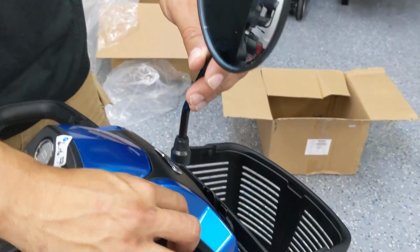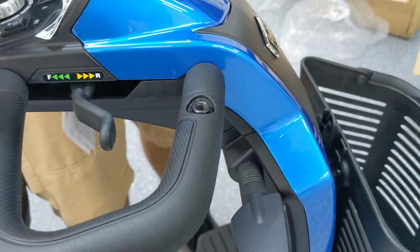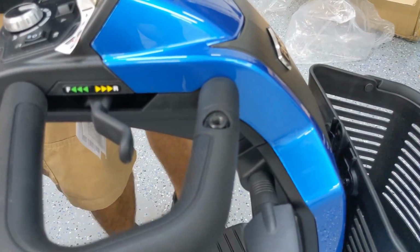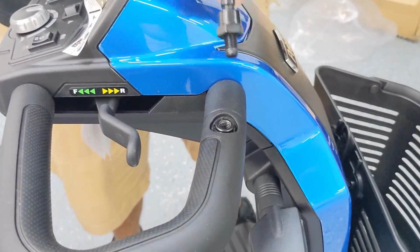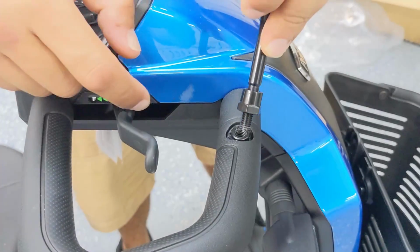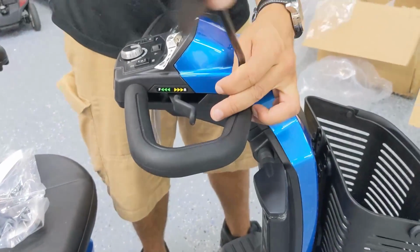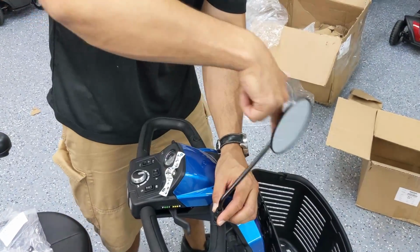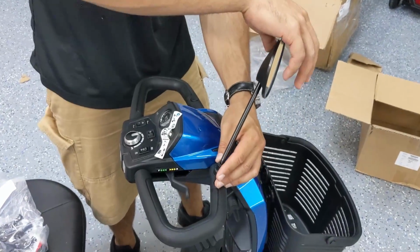Okay, so to get started with the accessories, we'll start off with the rear view mirror, which you can basically see on the steering wheel here. There's a little flap cover for the accessories that attach to the steering wheel. Just simply remove that cap cover, and there's a hole for an accessory to screw into, such as this rear view mirror. So I'm going to take the mirror and get the end of it, which has the threading, to line up with the hole and simply start twisting it in. Now you can hold the base at the bottom while twisting it in, and eventually you'll see that it goes all the way down,